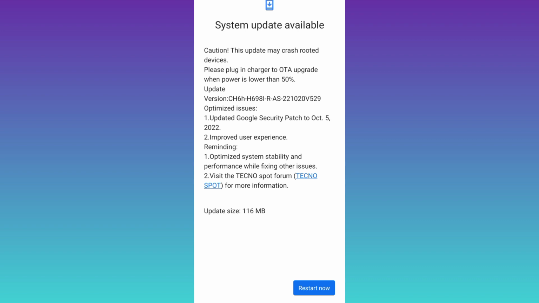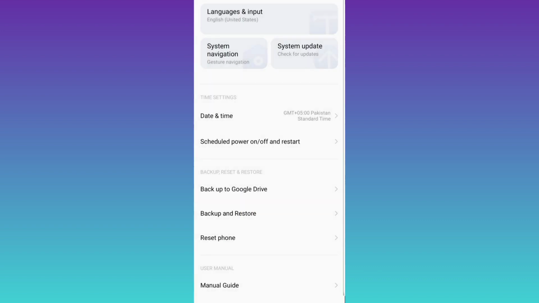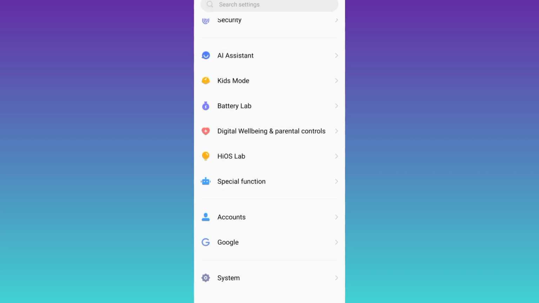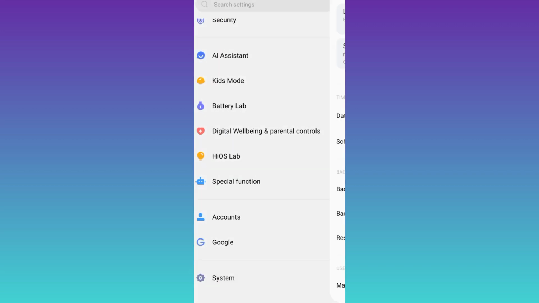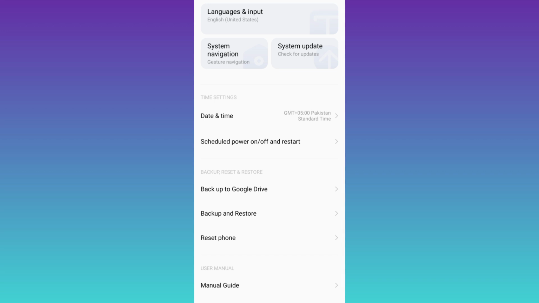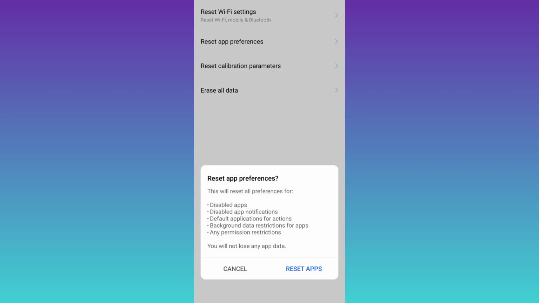However, if the issue still persists, then what you need to do is to go back to settings. Again, click on system and then click on this reset phone option. Click on reset app preferences and then click on reset apps. Once you have reset your phone, all you have to do is to restart it and your